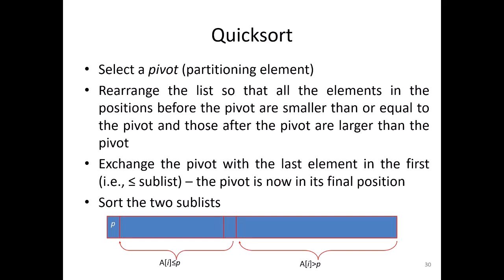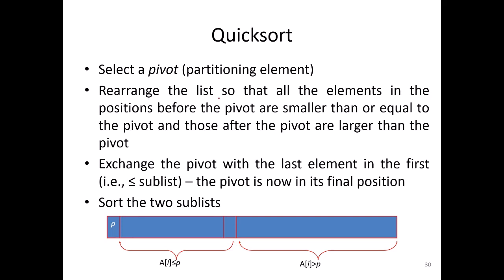Okay, we can consider the first element as the pivot element, or the last element, or the middle element, or we can randomly pick an element in the array and consider that as the pivot. Pivot is a key element. By using that, we can compare elements in the list and make some arrangement. So quicksort involves selecting the pivot, that is the partitioning element.